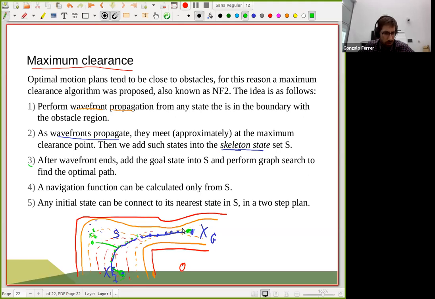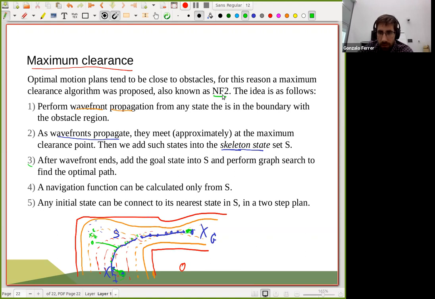These two, I think, are the most popular ones, wavefront and maximum clearance. It's also known as navigation function 2. And this is all I wanted to discuss for today. There are a lot of topics. I discussed a lot of new things, maybe for some of you, today. So feel free to ask, write comments in Telegram or in Canvas or whatever you want. And that's all I have for today.